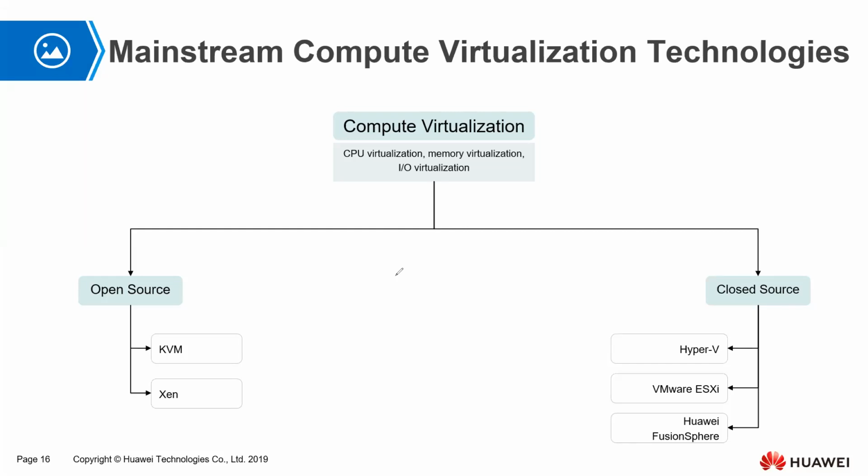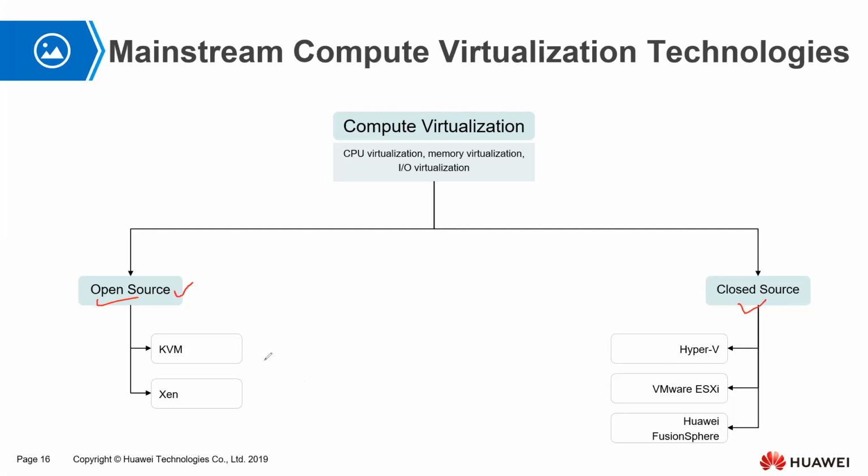Basically there are many mainstream virtualization technologies, but we are going to focus on these two: open source and closed source mainstream virtualization technologies. When you hear the word open source, Tim, tell me, what comes to your mind? What do you know? I've been hinting on it. It's free to use and source code is available. Source code is available, yes. It is free to use, and you can get the source code and modify.